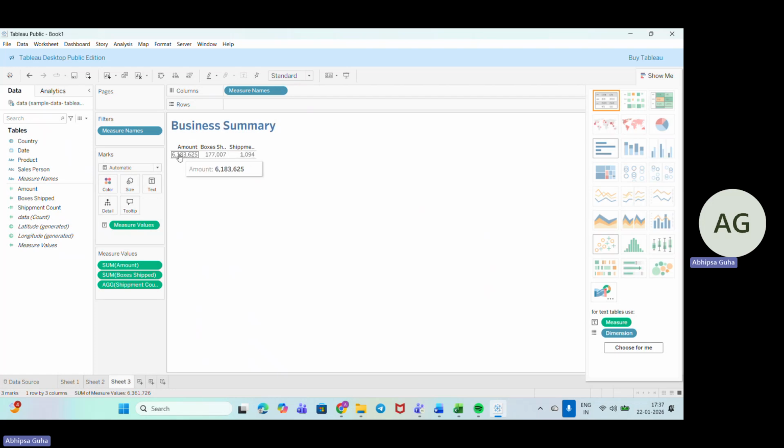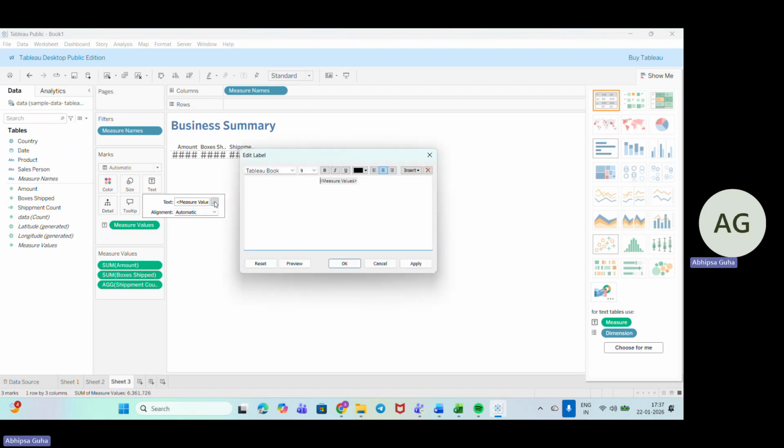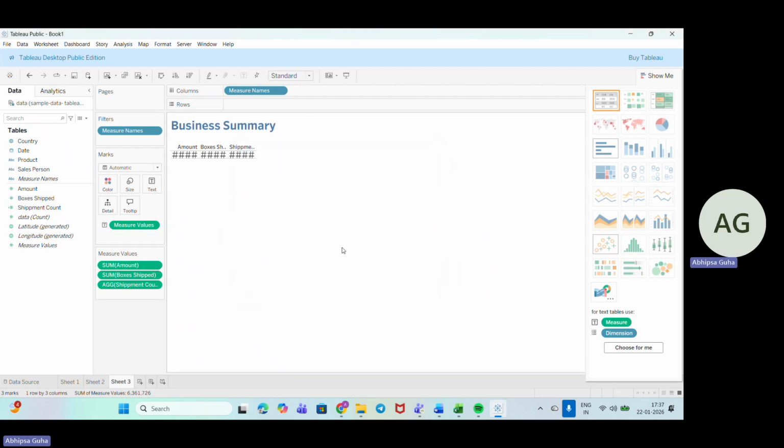Now we have to increase the size. The size we can increase like this. Don't worry, when we go out there, it will be automatically changed. No worries with that. Okay. That is fine. And about text, this is the measured value. So this is fine, we can just check the alignment also. Oh, okay, this is centrally aligned, no issues with that. So we are good to go with that.